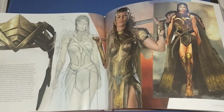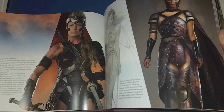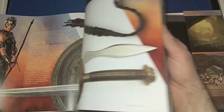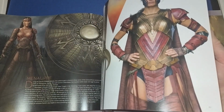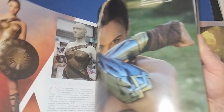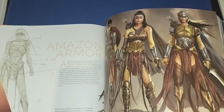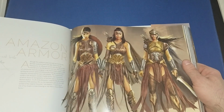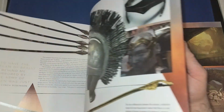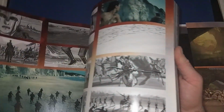Wonder Woman depiction. So a couple of the Queen there as well. Some of the armour and stuff they wear. So very nice indeed. Weaponry as well. Some of the Amazonians. Do like that. Some nice costume designs there. We got some of the helmets. The beach scene